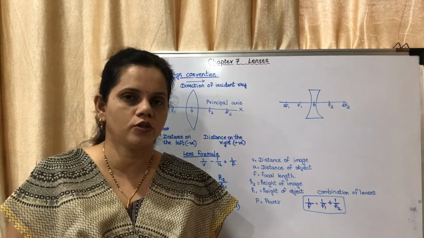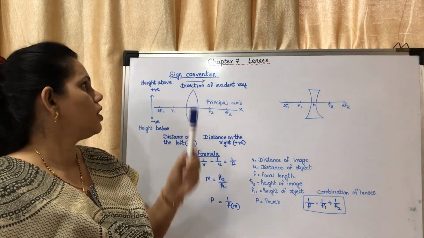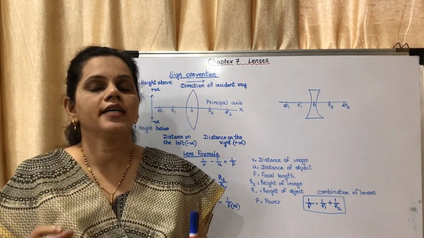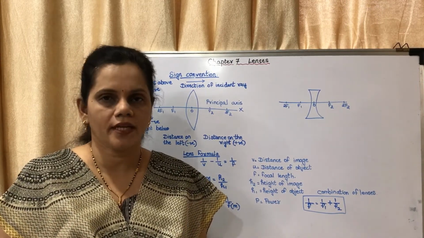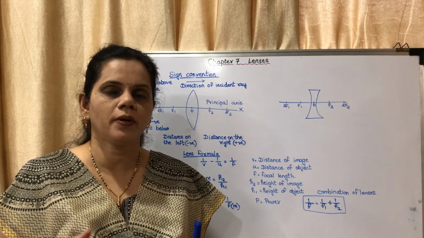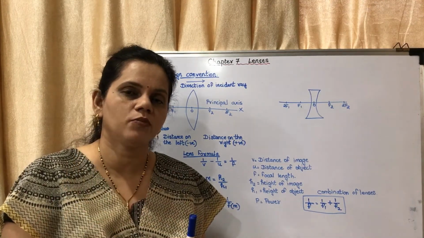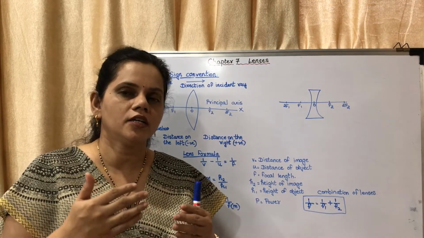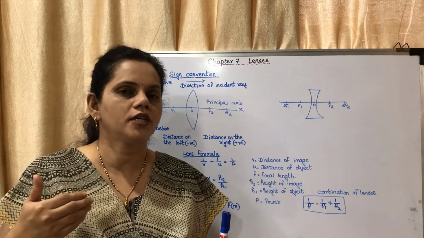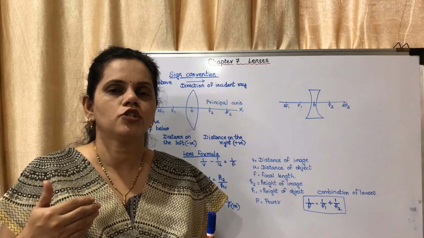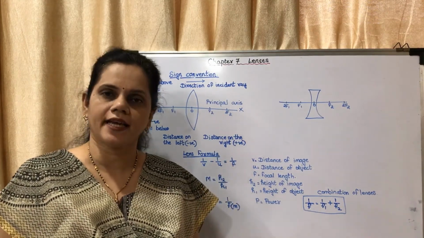So I have showed you how to draw the ray diagrams. Today we may move on to the next topic, that is sign convention. Now these are some rules which are followed while doing numericals for objects placed on the left side of the lens. The images are formed on the right side of the lens. So when you had drawn the ray diagram, you might have seen that you always drew the object on the left hand side, isn't it? So there are some rules which have to be followed. Those rules come under the topic sign convention.